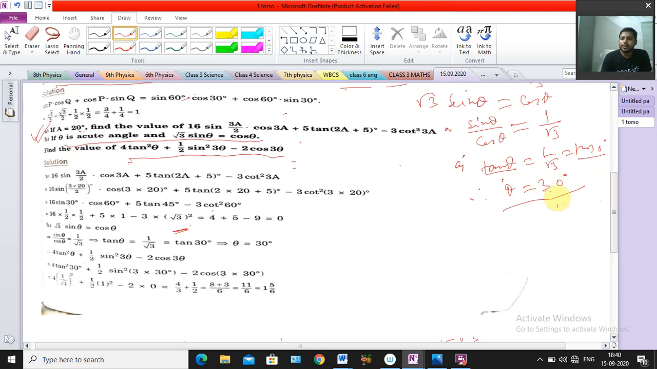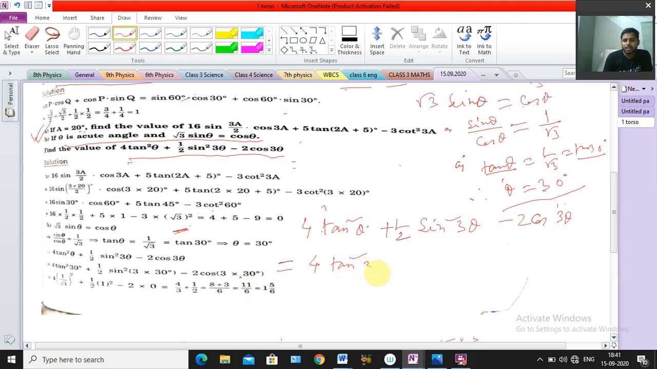This value of theta we will put. Now see, the question is 4 tan square theta plus 1 by 2 sin square 3 theta minus 2 cos 3 theta. So what to do, sir? Here 4 tan square theta means